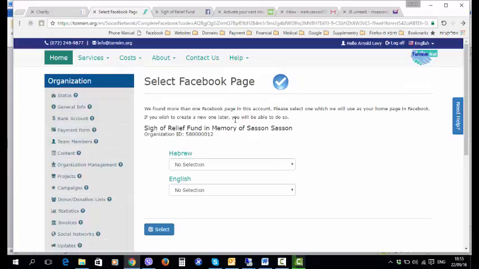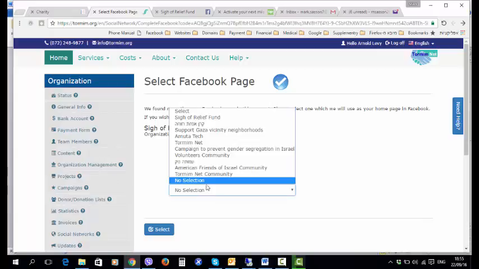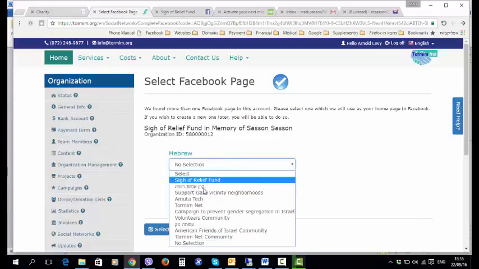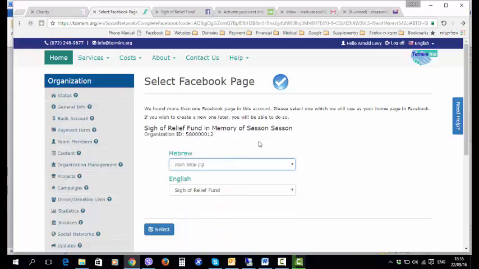The background work gives us the information about your pages. I can conceivably add more than one page. I'm going to select only the Sigh of Relief Fund. I could actually add the other one in Hebrew,